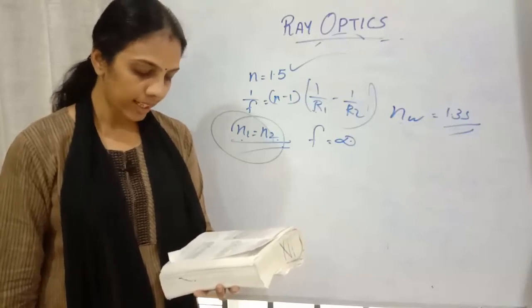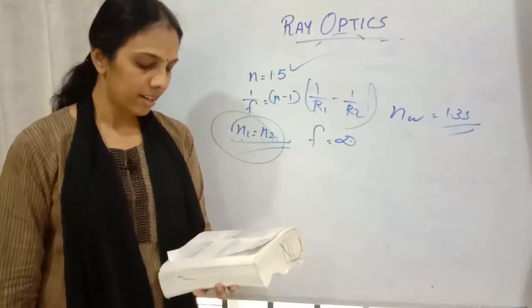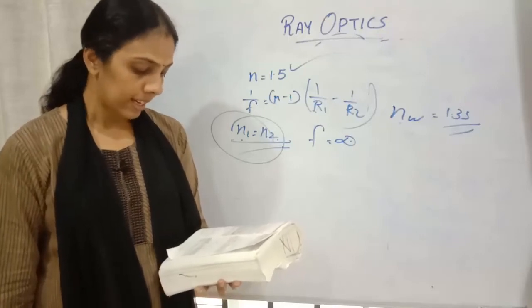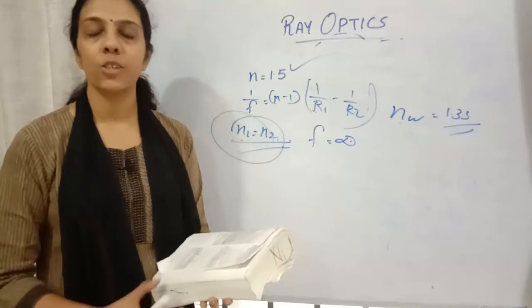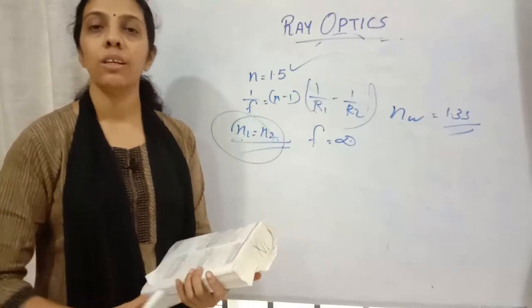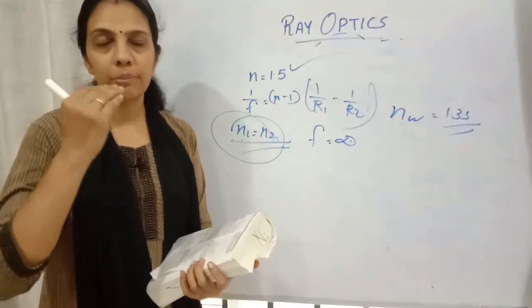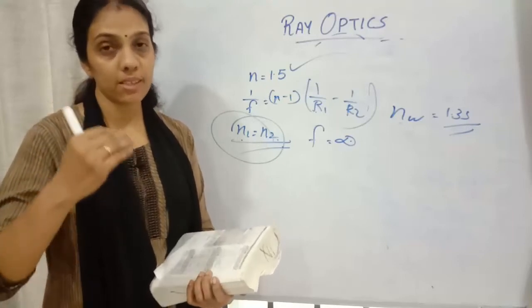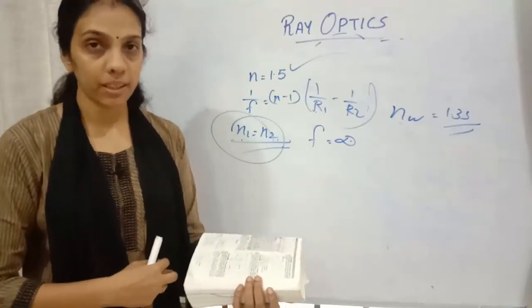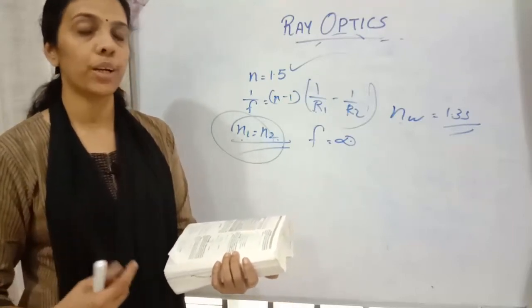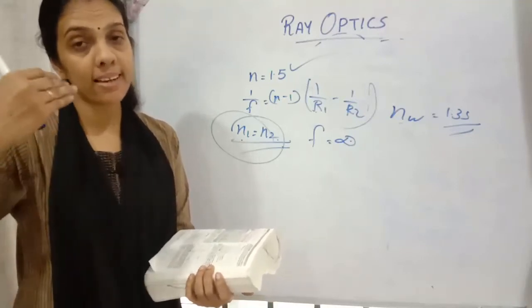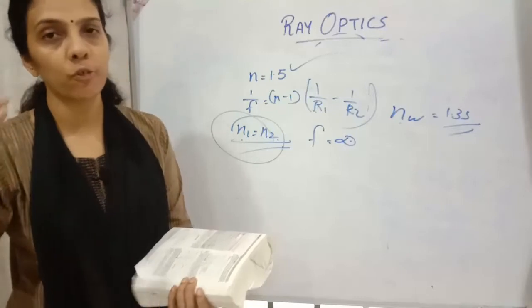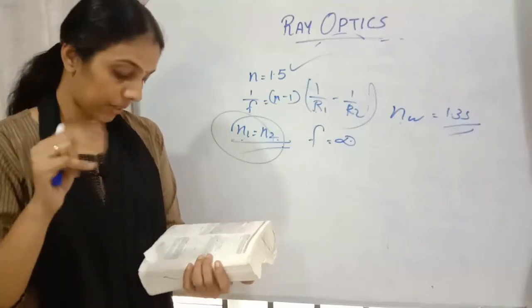What is the focal length and nature of the lens required to produce a clear image on the screen twice the size of the object? So the image size is twice the object size. That means it is an enlarged image. How much is it enlarged? Two times that of the object. So magnification is given as 2.